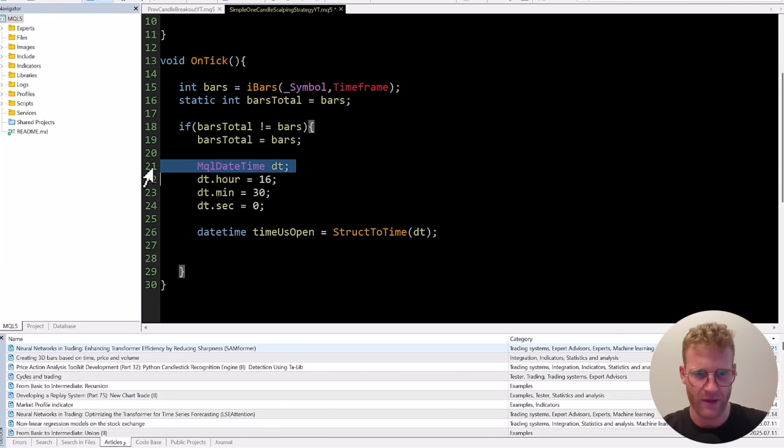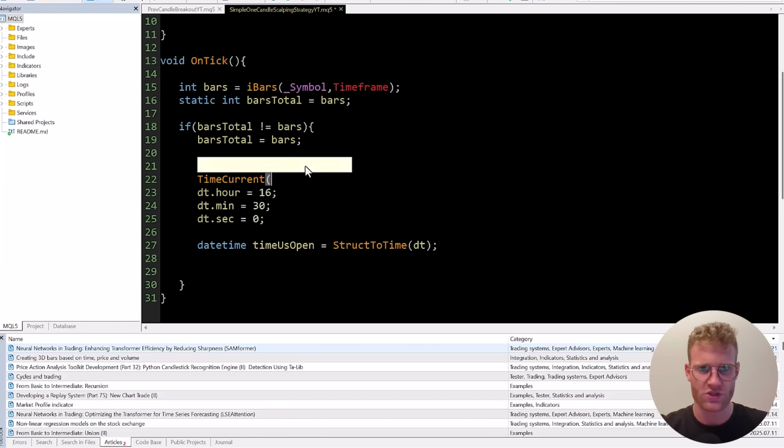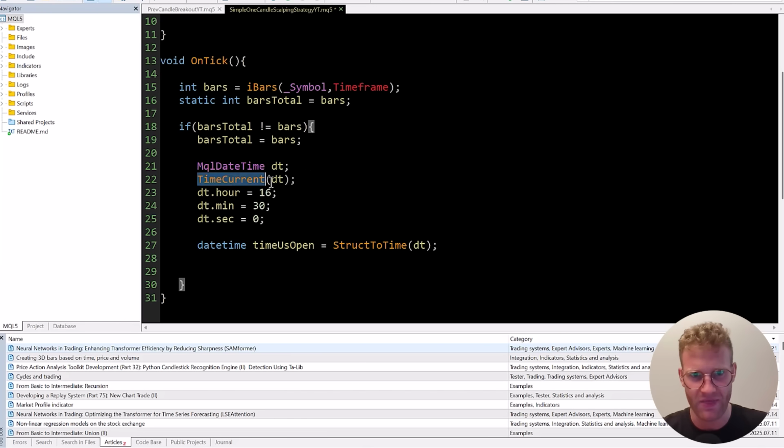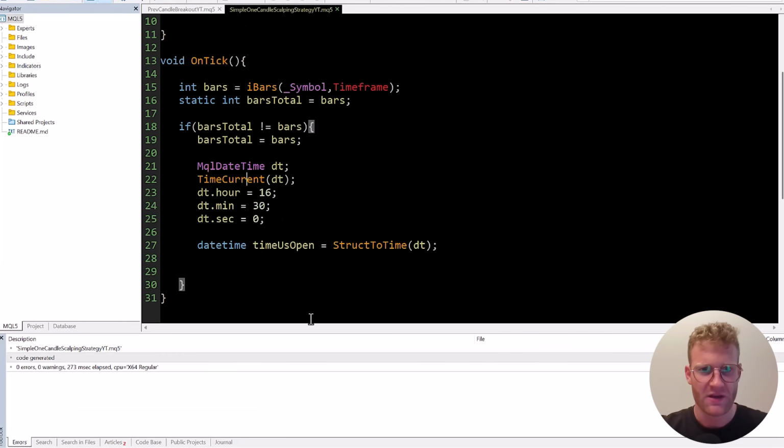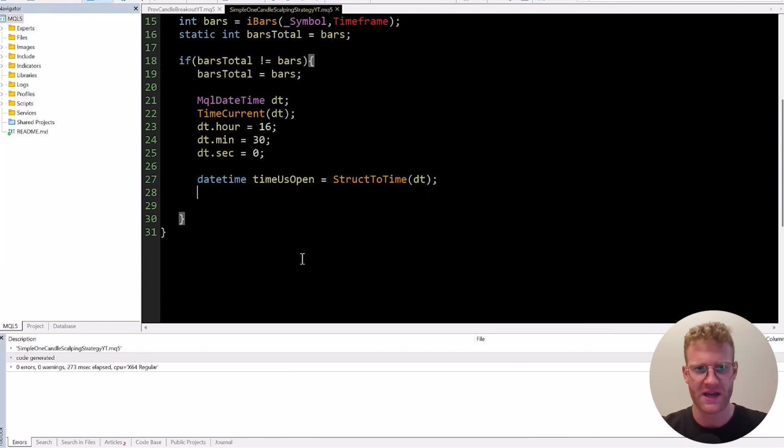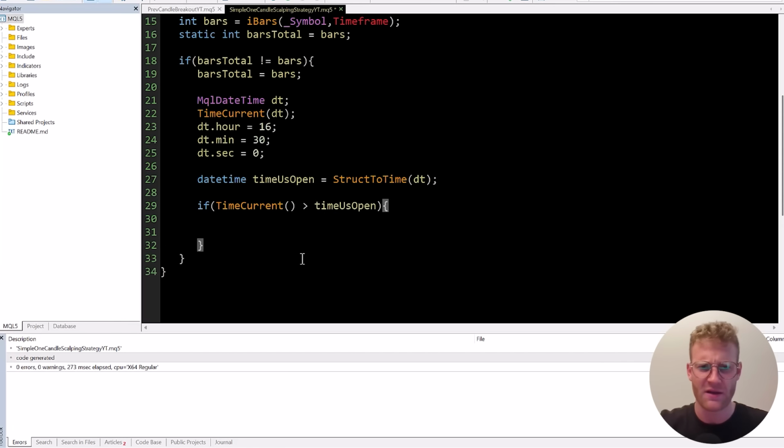Oh, by the way, before we do this here, I also want to store the current time in this DateTime structure, because then we get the current time, with the current date and the current day of the year, etc. So this will give us the US open time of the current day, and then we can just check if the current time is greater than the US open time, because then we want to check for signals, right? So once this is the case, then actually we want to check if timeCurrent is greater than